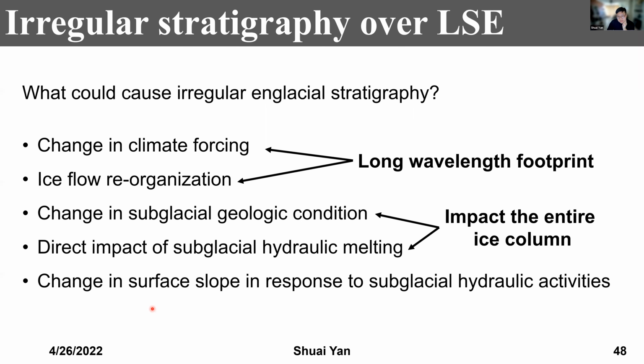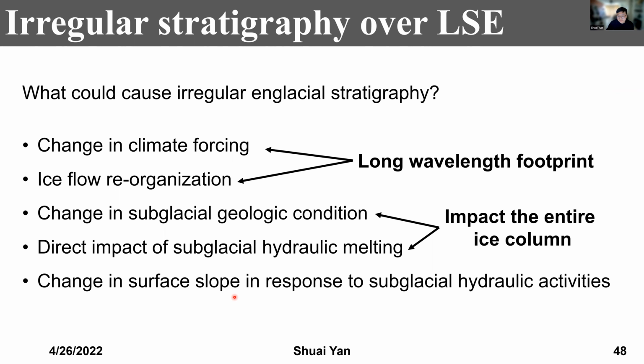The first two, they would leave a much larger footprint. They will have a much longer wavelength signature, because when you have this climate change or the large scale reorganizations, their signature will not be isolated and limited in a 50 kilometers long region. And the third one and the fourth one would have impact on the entire ice column, right? The whole column would be drawn down if you have basal melting. So after ruling out the first four possible causes, we have this irregularity is possibly caused by certain hydraulic activities